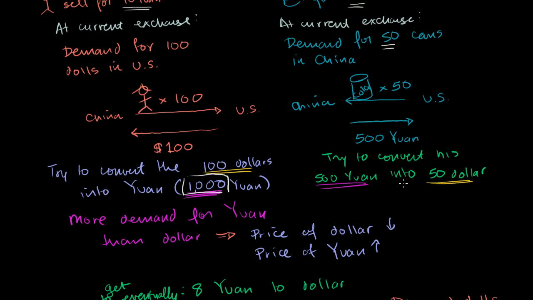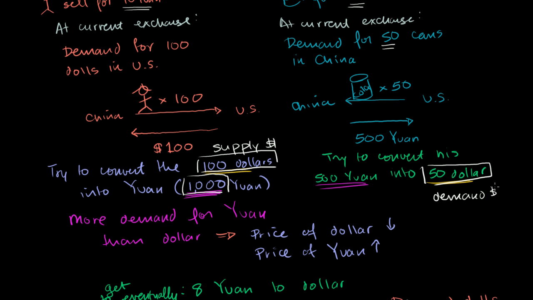This American manufacturer has 500 yuan from his sales in China. He wants to convert it, if the currency was pegged, into $50, but maybe he could do better than $50 here. And as we can see, there's more demand to convert the yuan than there is to convert the dollars. He wants to buy $50 using yuan. This guy wants to sell $100 into yuan. So if you look over here, the supply of dollars is much greater than the